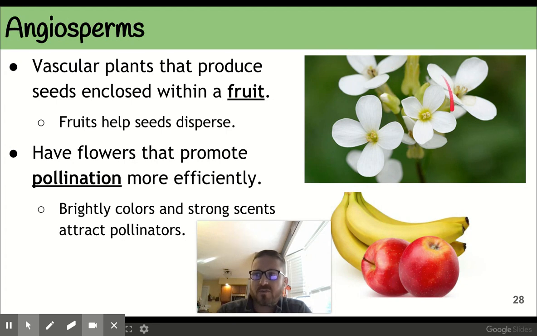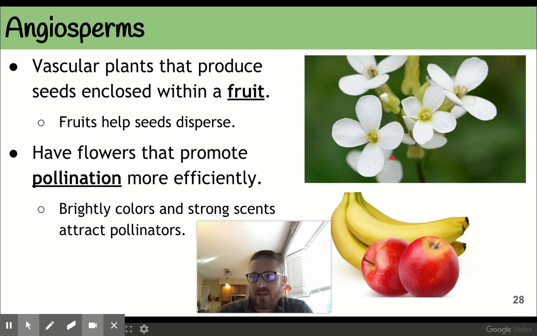Angiosperms also produce flowers. This is another major adaptation. The whole purpose behind a flower is to attract a pollinator, such as a bee or a hummingbird or a bat or even monkeys in some cases, to come and grab the pollen in exchange for maybe a sweet nectar meal or even for some of the pollen itself. That insect or animal takes the pollen from one plant and brings it to another plant, and that pollen can